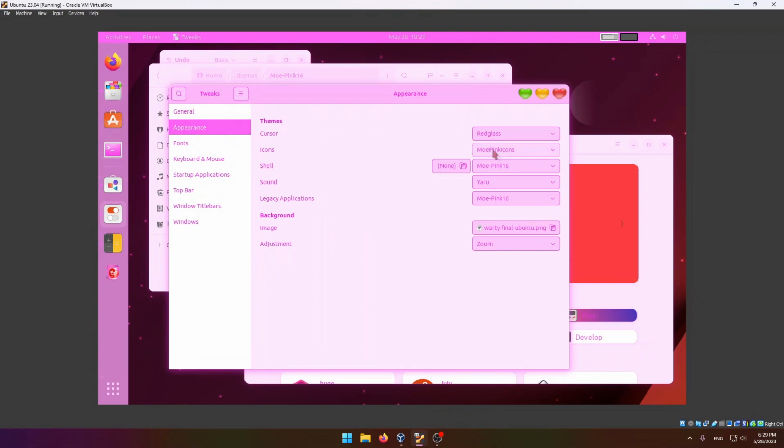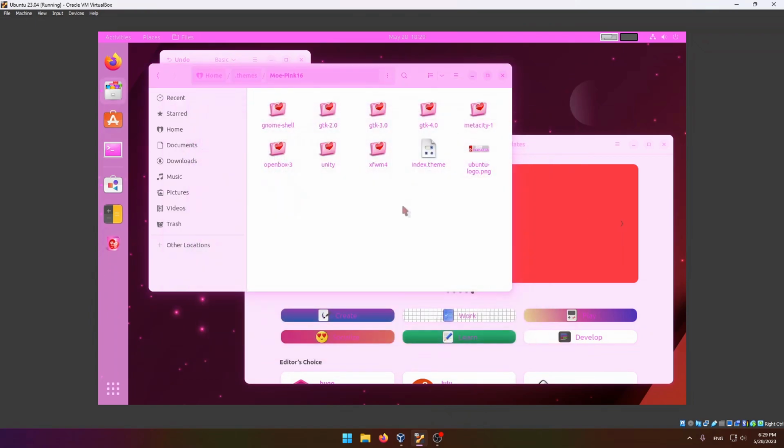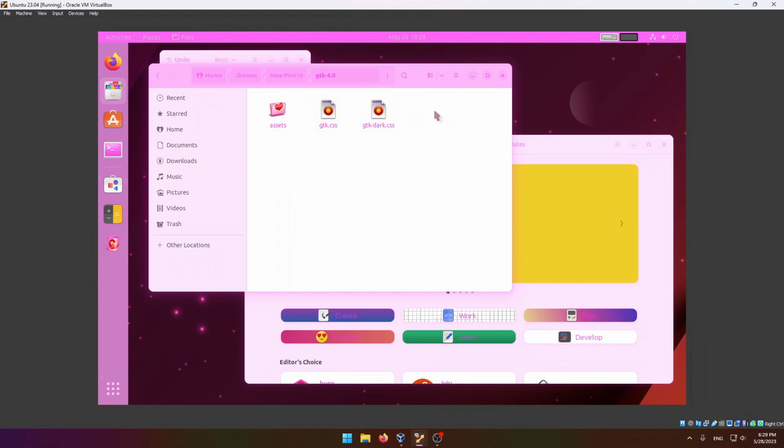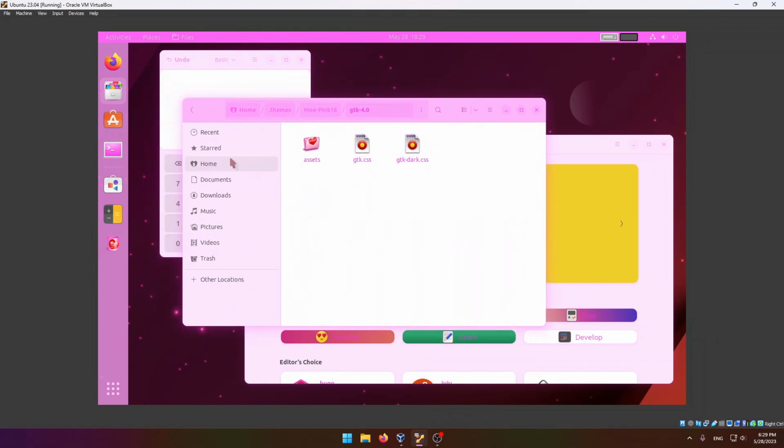Appearance, set icons to Mueping icons, shell Mueping 16, legacy apps Mueping 16. And now I will show you how to tweak GTK4 applications. You need, this is the theme Mueping 16, there is a GTK4 folder, copy everything inside